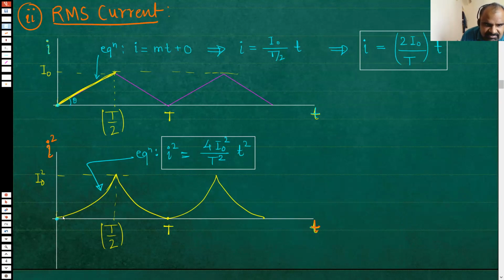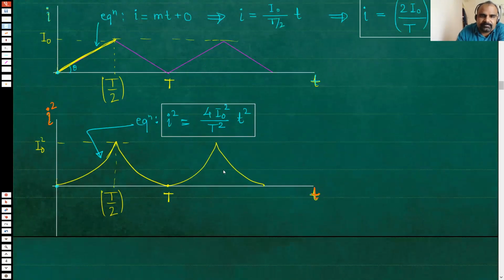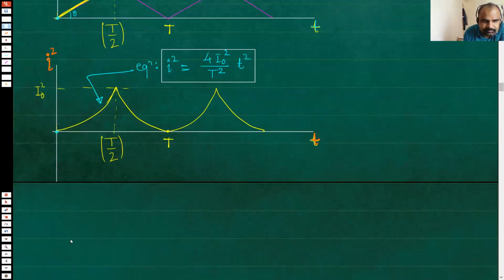So this is the equation of this branch, by the way. This branch will have a slightly different equation. It will also be a quadratic function, but slightly different. Whatever I have written here is the equation of this branch. And this branch is enough because we will find the average or RMS only from here till here, and whatever is the average or RMS for this, the same will be the RMS for this, and so on.